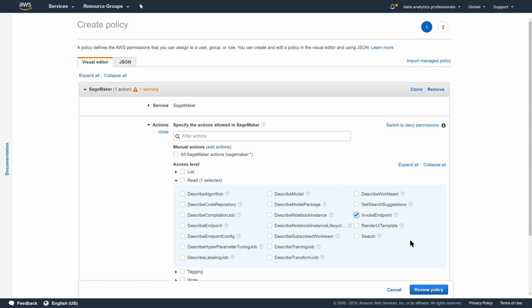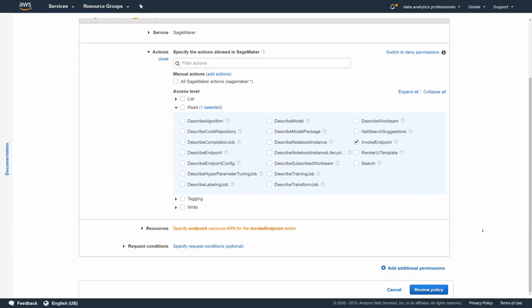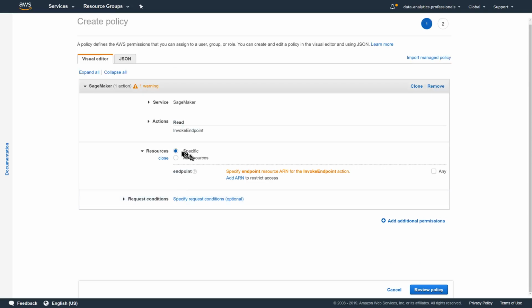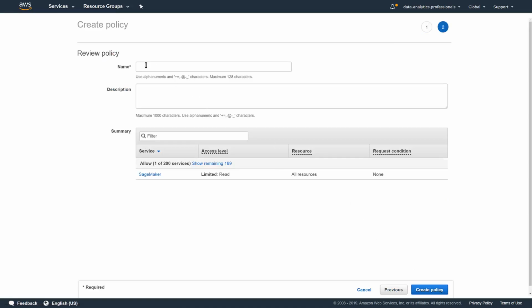So once we have done so, scroll down, and from resources, if you see here, we will just choose all resources. Once this is done, we go into review policy, we click review policy, and here is the review policy,